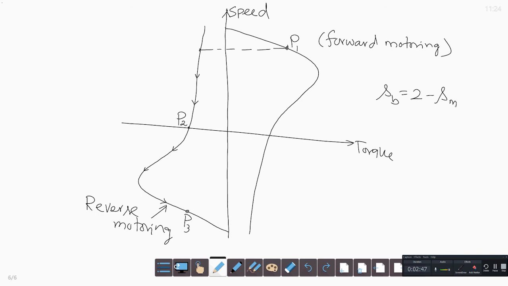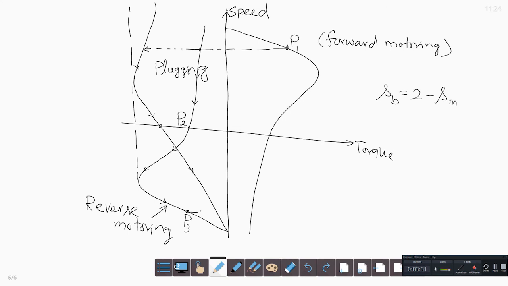If a high resistance is connected in the rotor, the torque speed characteristics will be different for braking operation. So this is the other characteristic with higher resistance. The operating point shifts like this and like this. This is for braking operation. For reverse current braking, the torque speed characteristic is in the second quadrant, where torque is negative and speed is positive. When the motor is operating as a reverse motor and plugging is done again, the motor enters the fourth quadrant. So this is also plugging.